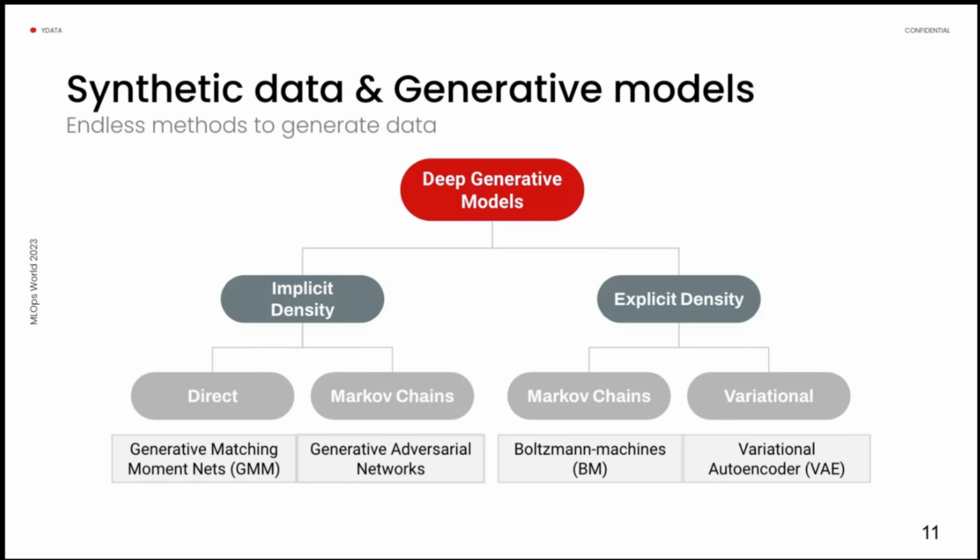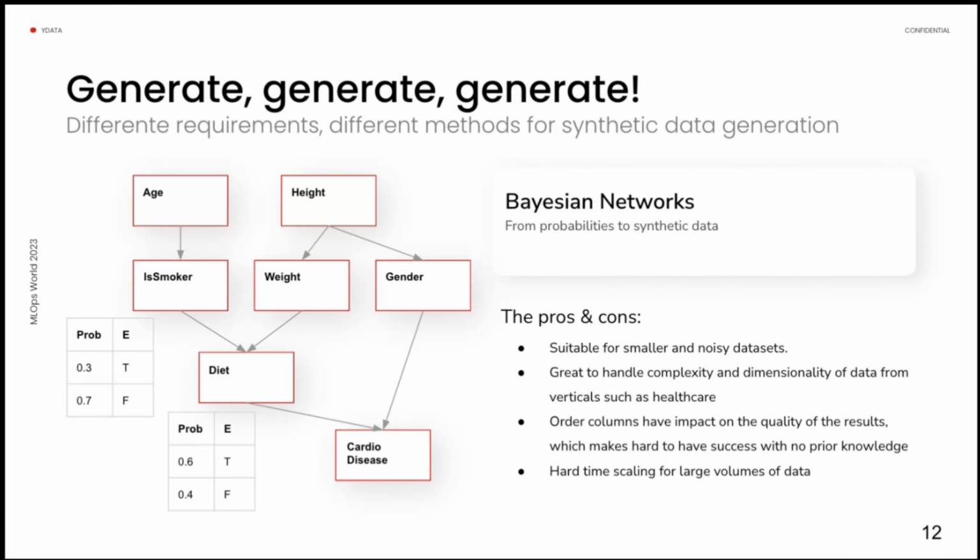The two most commonly used approaches, and probably that you have heard at some point, are variational autoencoders and generative adversarial networks, which I'm really a fan of. But we can also see other models that are a bit simpler, or let's say we have heard of them for decades now, like Markov chains, and they are actually widely used in industry with quite good results. So let's just very quickly go through the different models and their different capabilities in terms of the synthetic data that they generate, but also their different pros and cons.